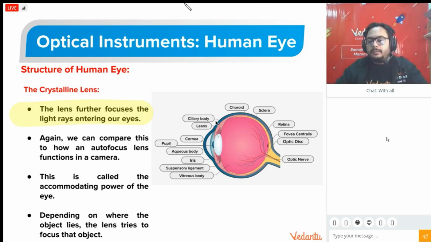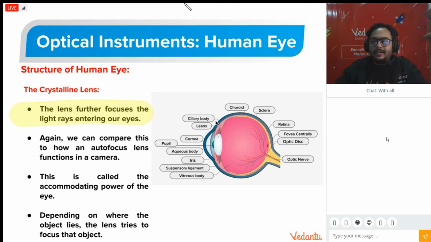So what is the use of a lens? No, it was definitely not because of the studies. So what is the use of a lens? As we know, the use of a lens is either to converge or to diverge. Yes, Hitesh is going the right way. So the eye lens that we have, since one tries to see you.